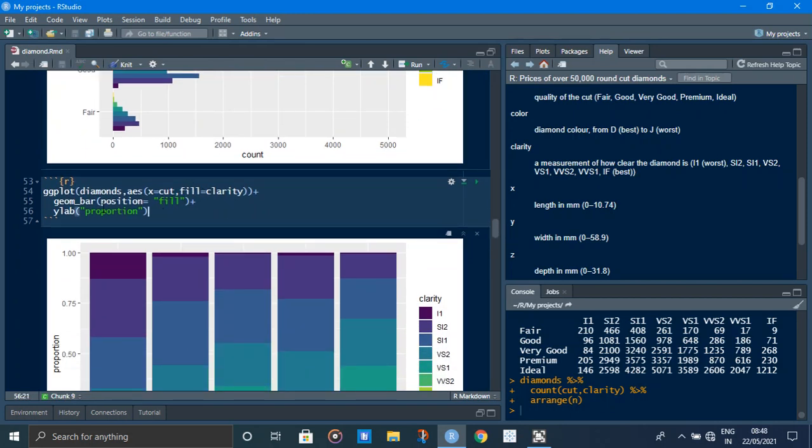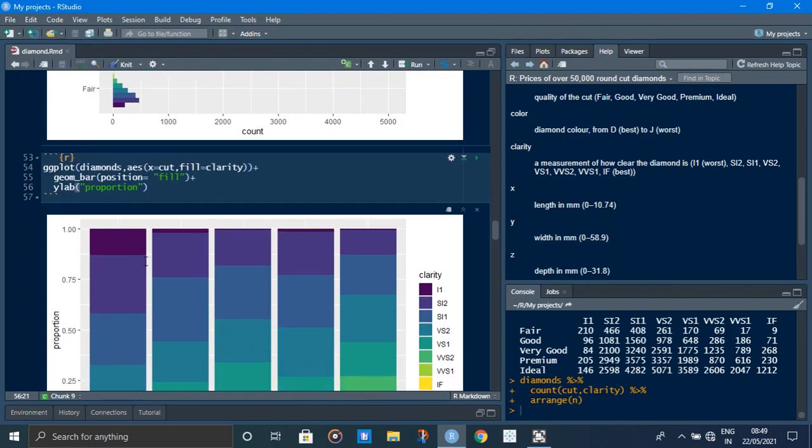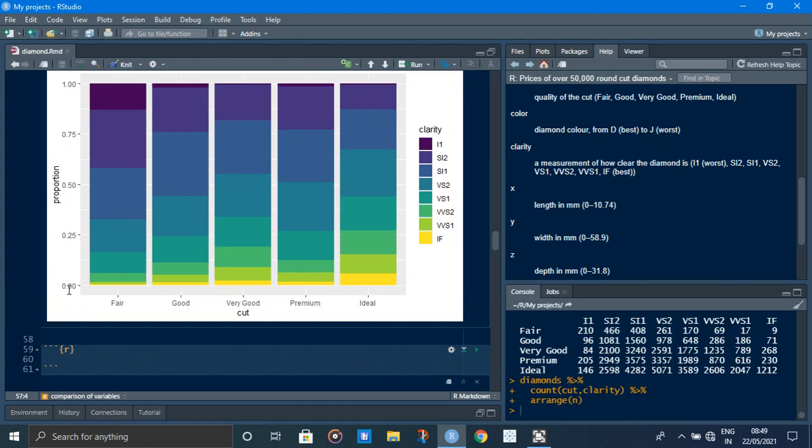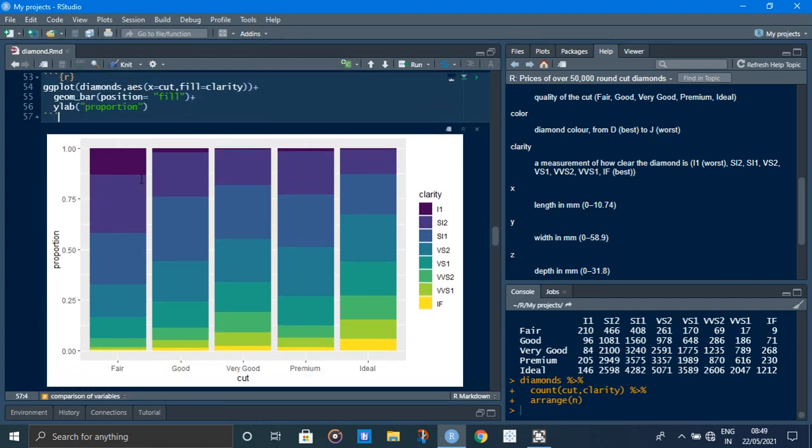ggplot position fill, it's filled like a square, and a proportion for its percentage: 0, 25%, 50%, 75%, and so on.